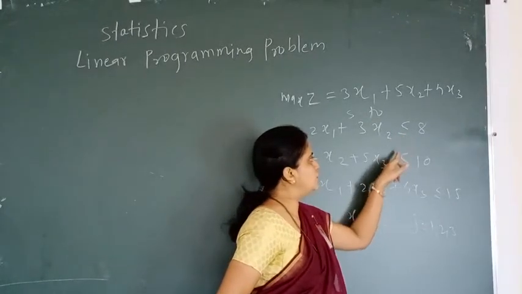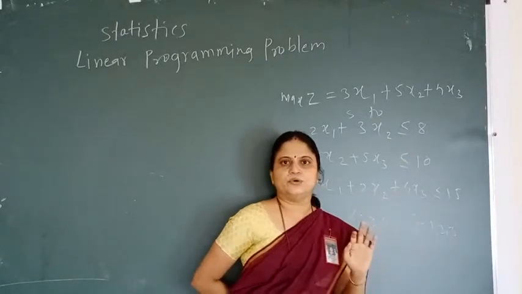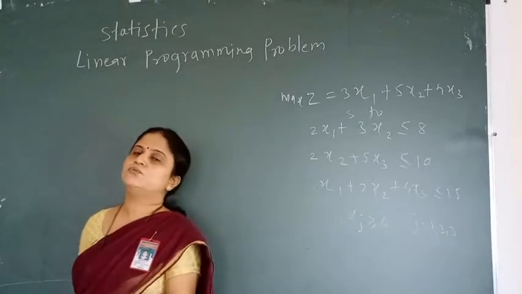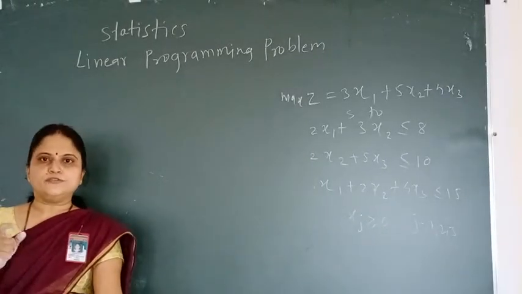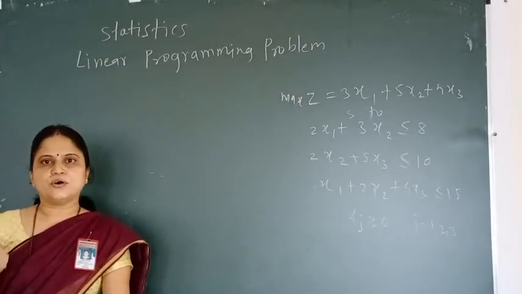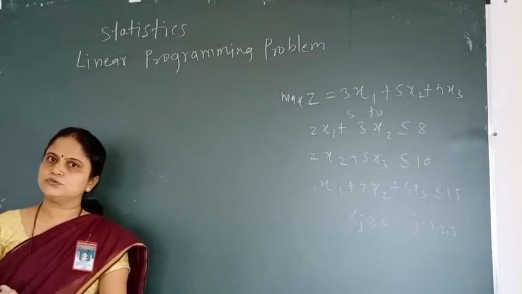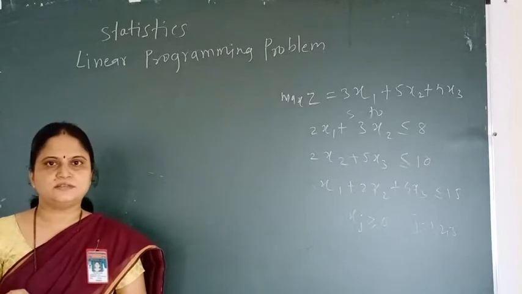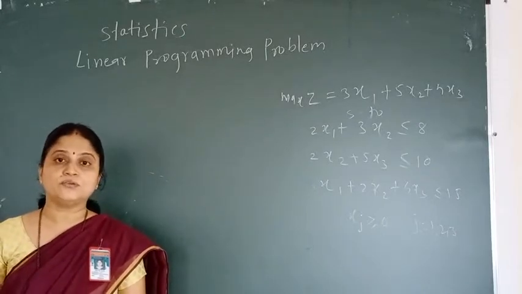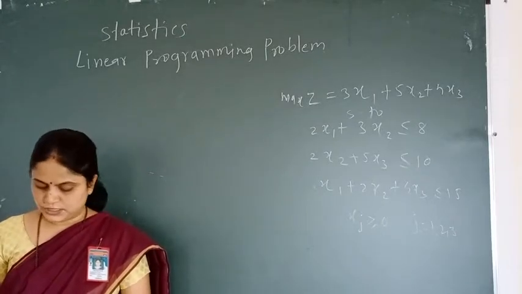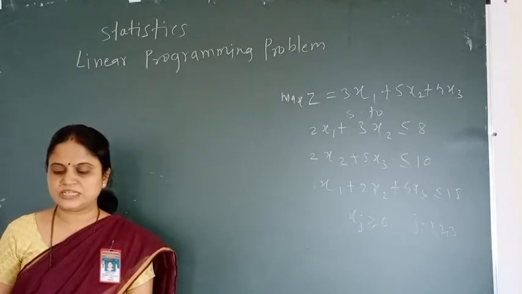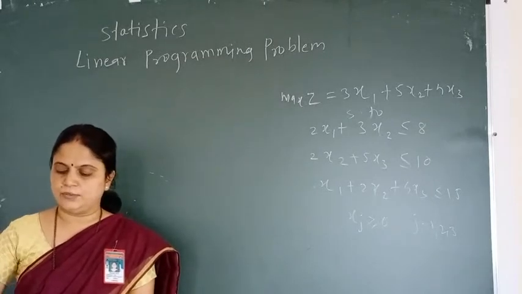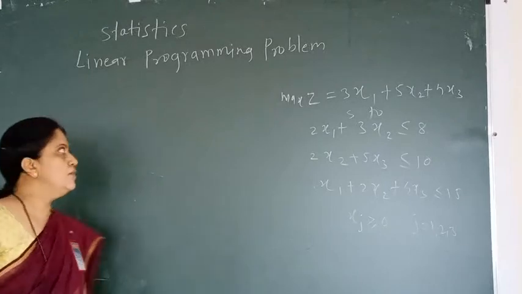These all are less than or equal to, less than or equal to, and less than or equal to. That is, we do not have the equal to sign, and if the sign is equal to, then only I can solve the equations very easily. So to solve this, I need to convert these constraints into equality form. So how to convert it? So these are the definitions with me. The first definition is slack variable.